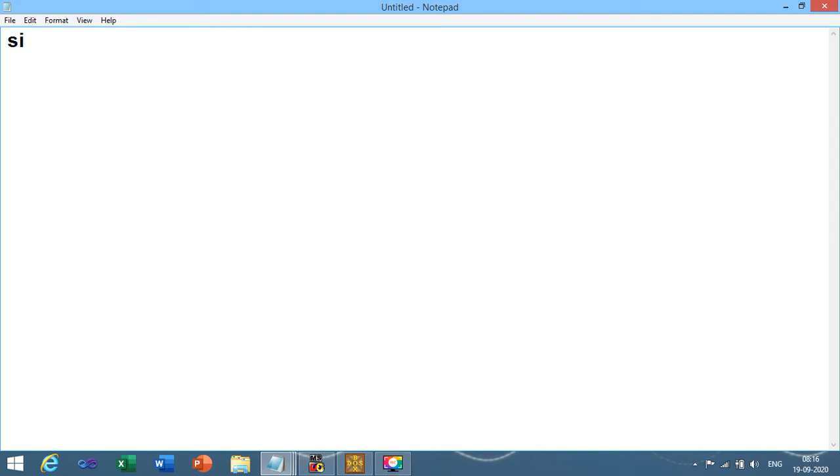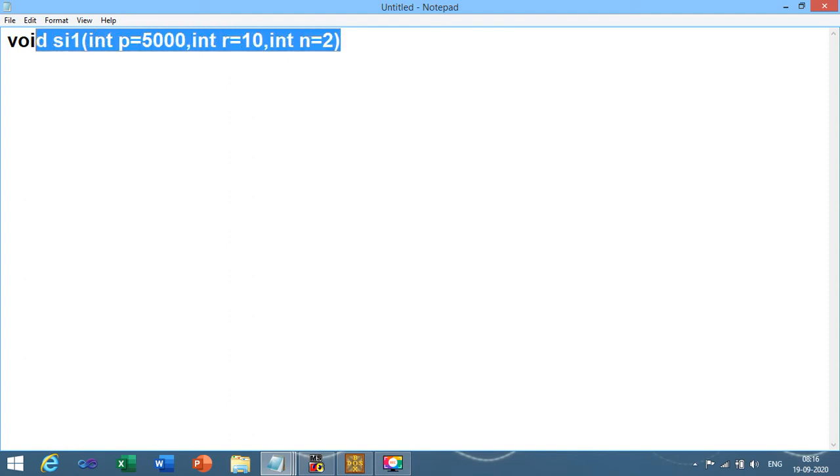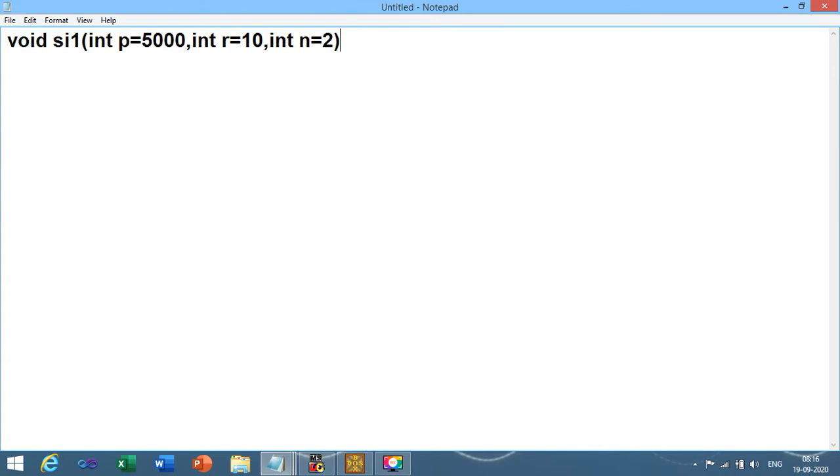Consider the given situation. Suppose I have created one method si. Right now it is a method, I am not talking about a constructor. So suppose simple interest 1 is the method I have declared. In such cases, integer p equals 5000, integer r equals 10, and integer n equals 2. This is the correct way to give arguments to the function.